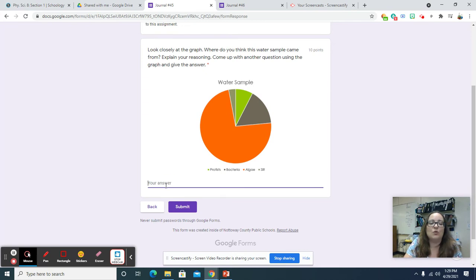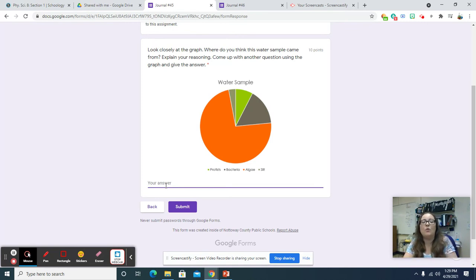So what do you think? Where did this water sample come from? Yeah, exactly. It's going to have come from something pretty gross. It's going to be a pond. It could be a puddle, but puddles don't normally grow algae because they don't sit for long enough to grow algae. You might get a little bit of algae or like pollen along the side, but then it'll evaporate before it can really grow anything.